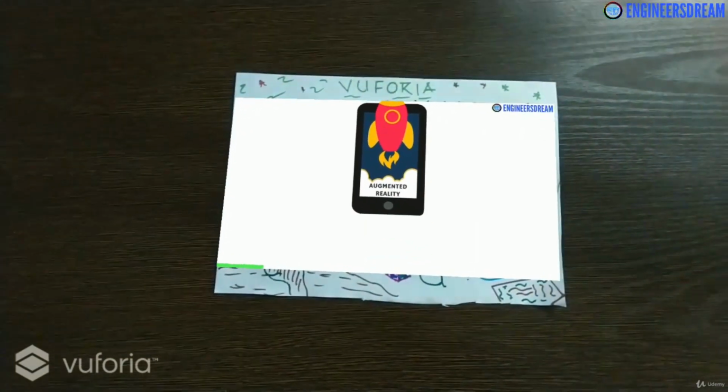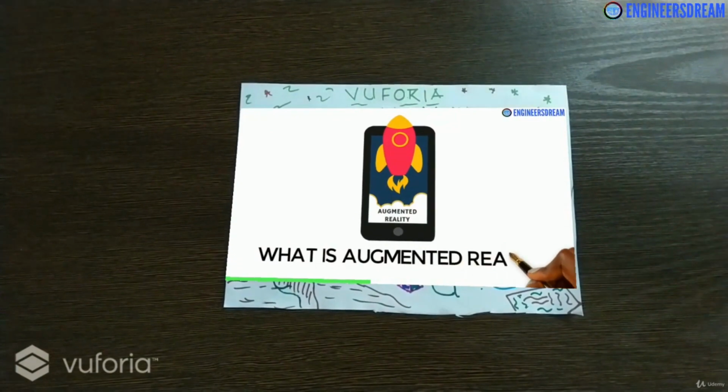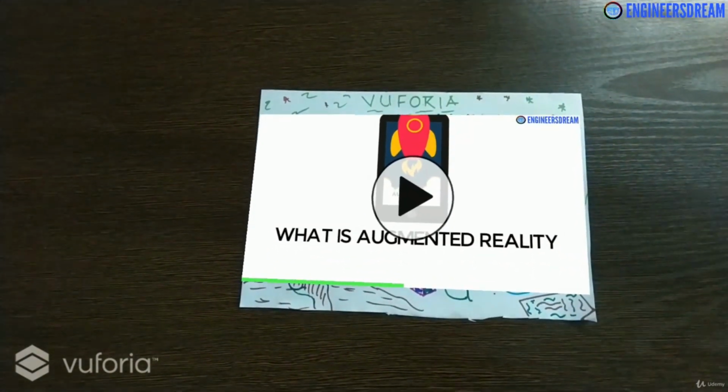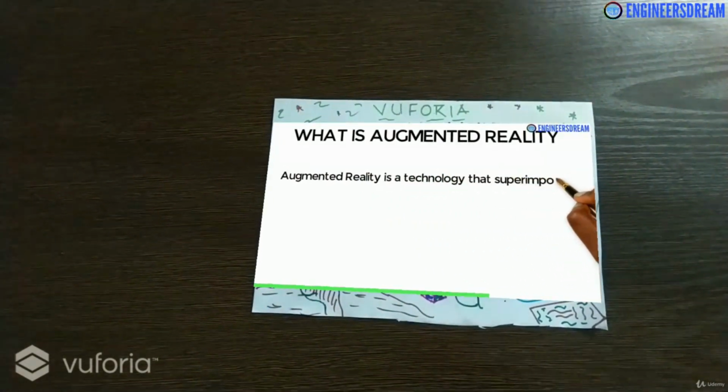Hey, what's up guys, welcome back. In this video, I'll explain to you the concept of augmented reality. So, according to Wikipedia's definition, augmented reality is a technology